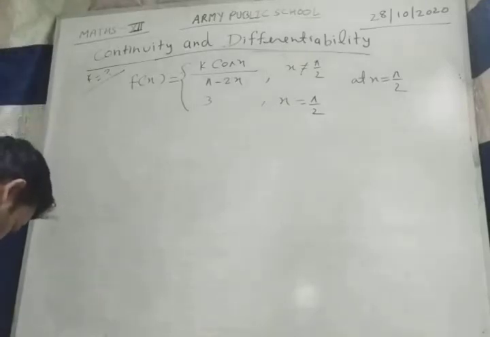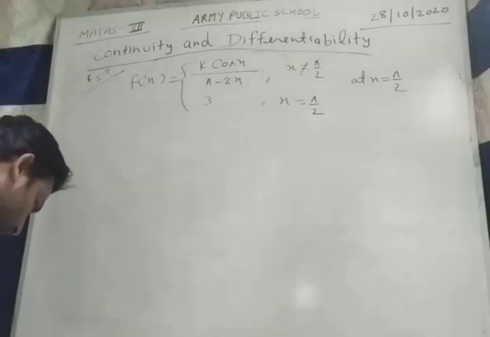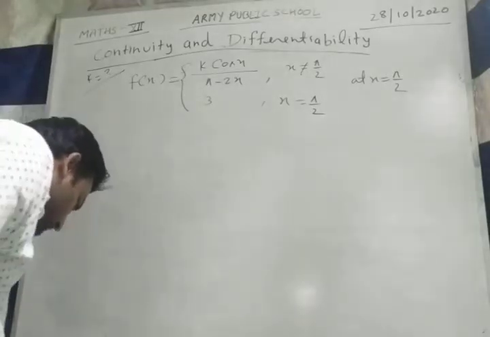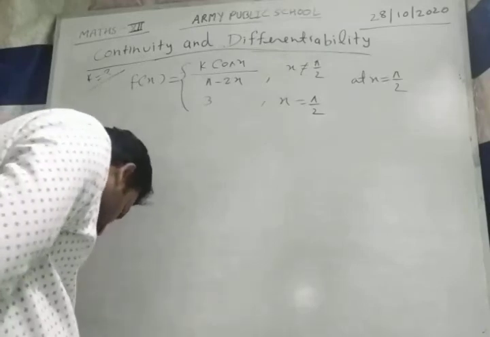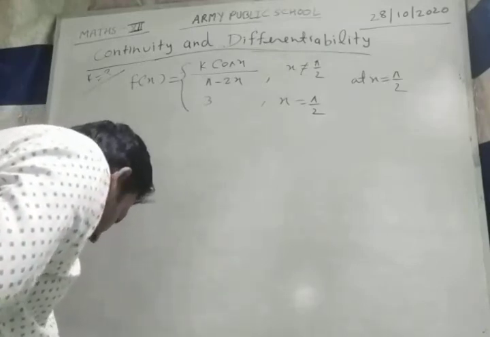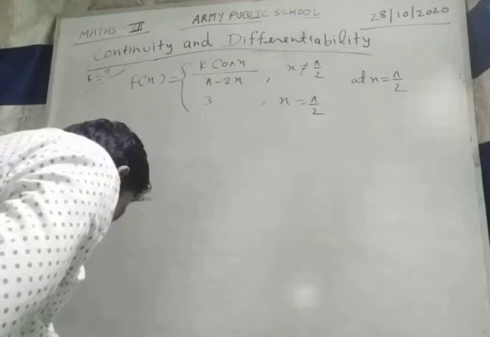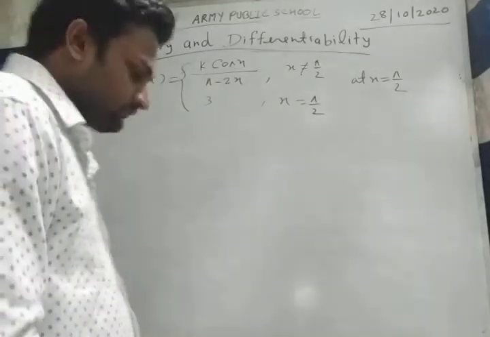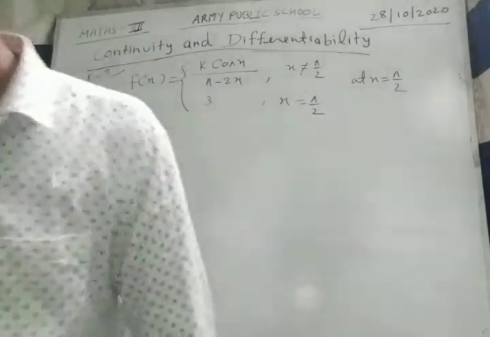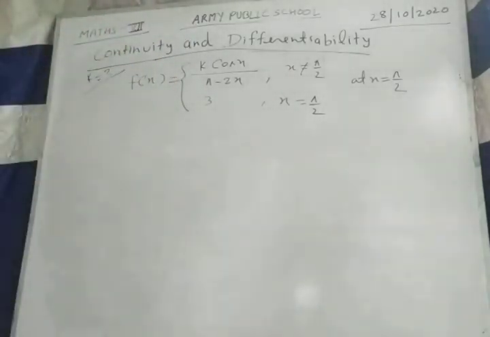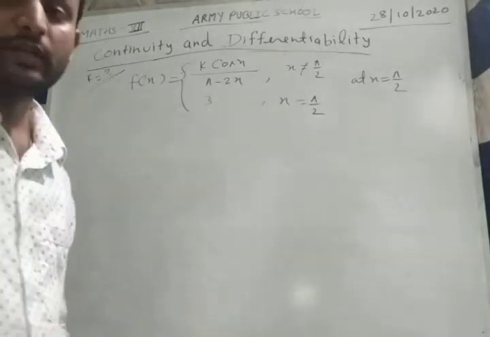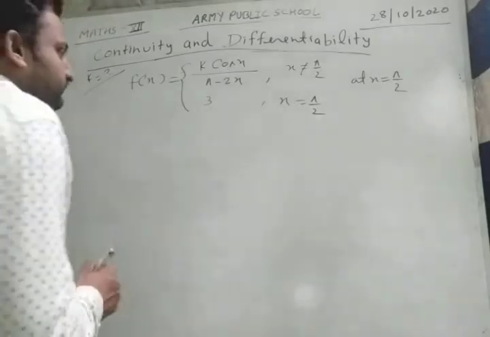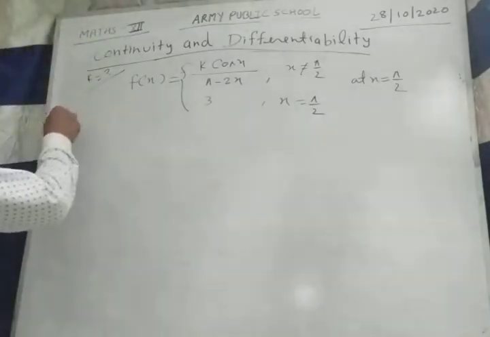This function is again continuous, and we have to find the value of k. So again we will find the left hand limit and right hand limit and the value of the function, and equate these all. We get the value of k. Okay, so let's start finding the left hand limit, because the function is given as continuous. So left hand